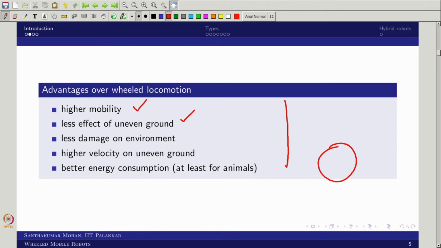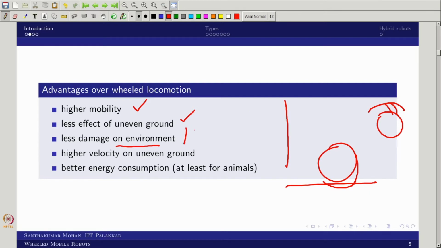If you imagine the track or the wheel hitting the ground, for example a mecanum wheel, there is a passive roller hitting the ground. Although the intention is that the mecanum wheel gives a smooth motion, in real time it is noisy and shaky. Why is it so? Because the passive roller is intermittently hitting the ground. But with legged locomotion, the damage is very low because it is point contact, or at most a small area contact, compared to the wheel or the track. That is the idea.